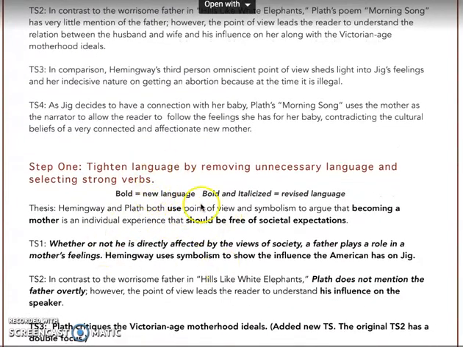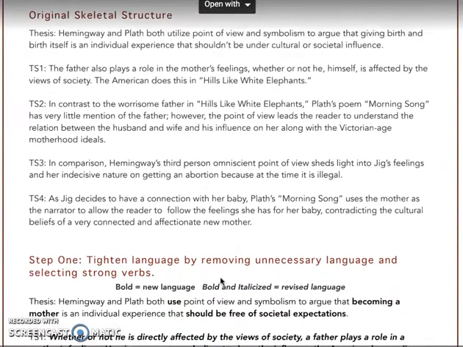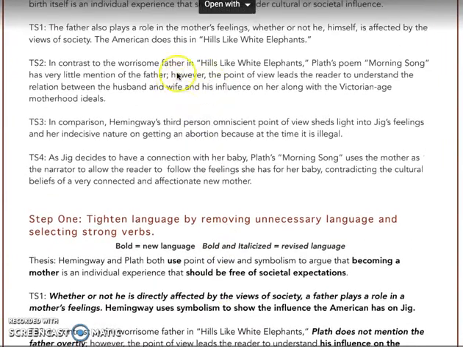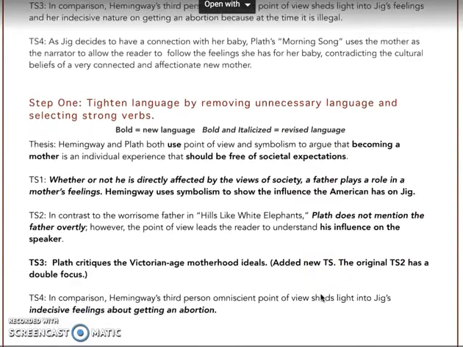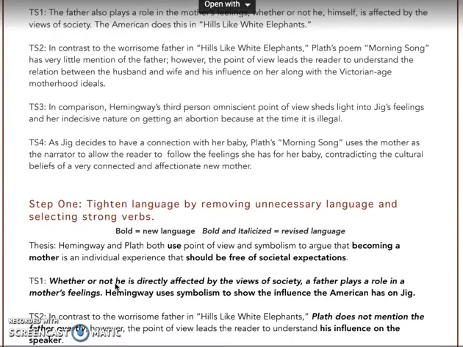So in this first step, in step 1 here, I bolded all the changes I made. So go ahead and compare and contrast how I took her language and was trying to show her how less is more, how we can tighten things up, how we can crystallize ideas. That's all in the bolded language that you'll see here. I do want to point out something with topic sentence 3 here. You'll see that the whole topic sentence is bolded, and that's because in her original